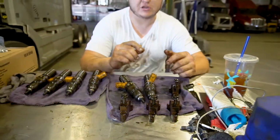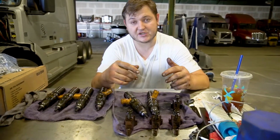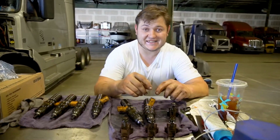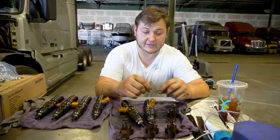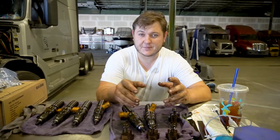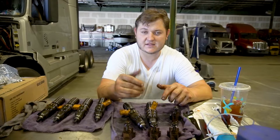And I will show you how to do the process of cleaning it inside. Make sure that there's no warp inside the injector bore where the injector sits in. There's sometimes warps in there, or it could crack. The head could crack, so you have to really inspect that really good, because sometimes a guy will put the injectors in there, they'll knock it all out, and a couple thousand miles later, the guy calls back